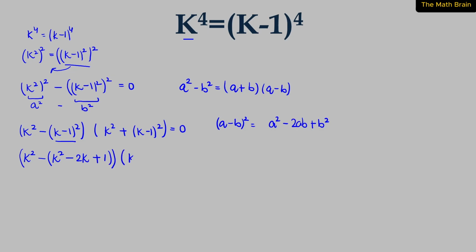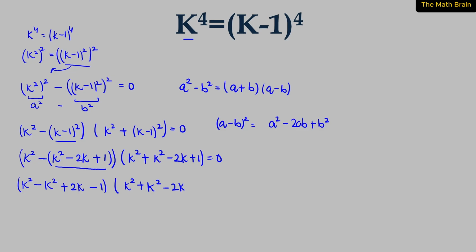Next we have k squared plus k squared minus 2k plus 1 is equal to 0. Now this bracket will give us k squared minus. Now because there is a minus outside the bracket, the signs inside the bracket will change and we will get k squared plus 2k minus 1, and in the other bracket k squared plus k squared minus 2k plus 1